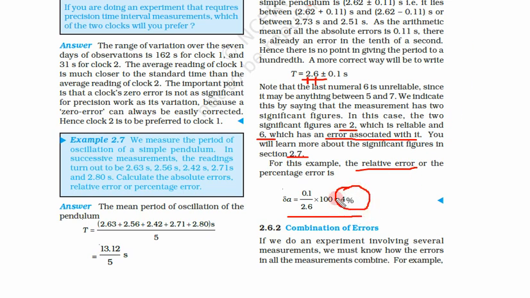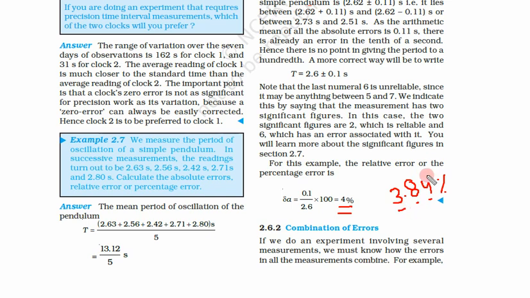Here we have calculated the error to be 4%. If you calculate this number with your calculator, you will get a value less than 4. But still we have put 4% because of the significant digits. About significant digits we will learn later, but just because of significant digits we have put here 4. Otherwise it is not exactly 4, it is less than 4. It is 3.84%. But if we see this number, 3, 8 and 4, there are 3 significant digits.